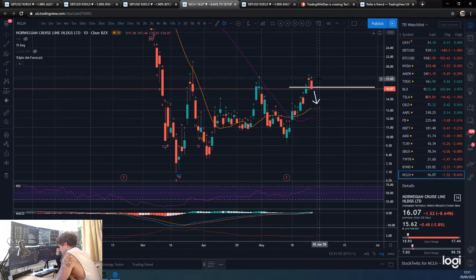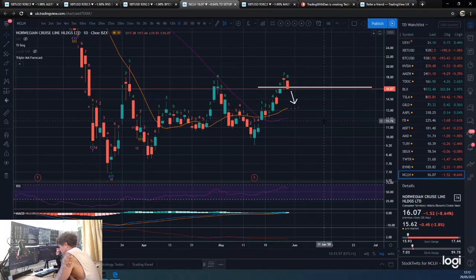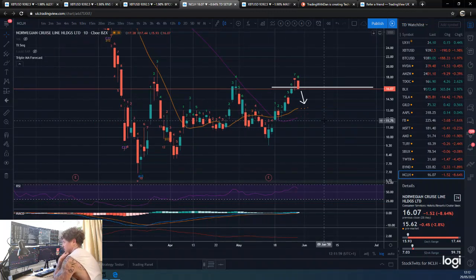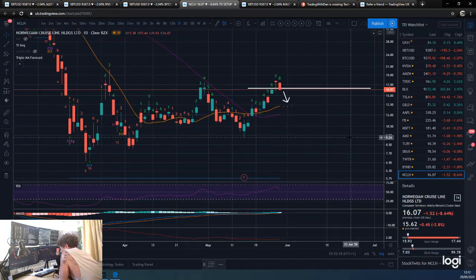Although we might be getting a daily 9 here, so maybe a bit premature putting that trade on, but hey, I do trust the 4 hours anyway over the dailies in stocks. The dailies just don't come up as often, so it's not like I don't trust them. Daily is obviously a higher time frame, so more important, but they just don't come around as often. So if you want to be doing some trades, a 4 hour chart is a good option, and for a lot of people that's a very long time frame and they wouldn't even consider it.